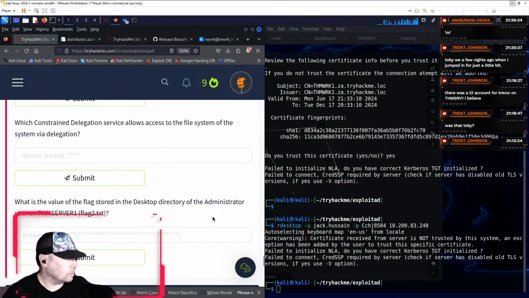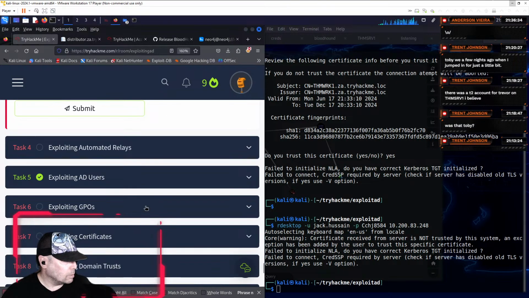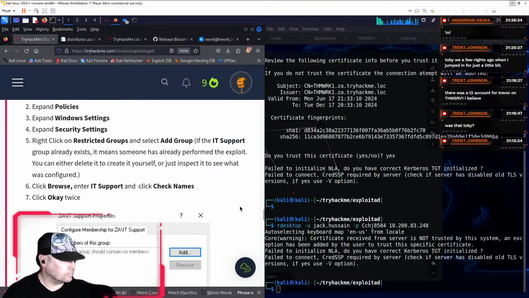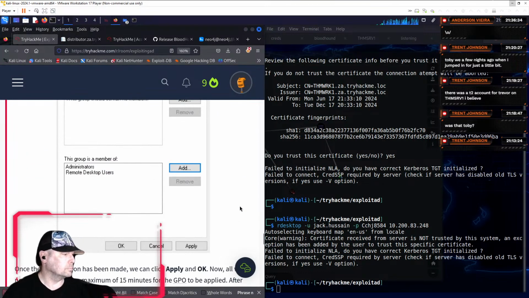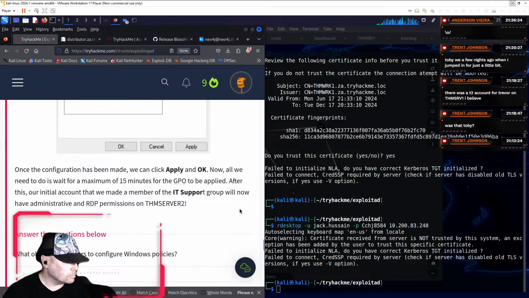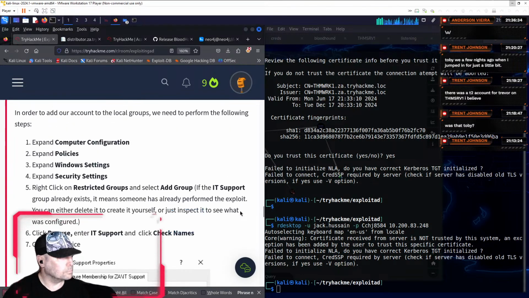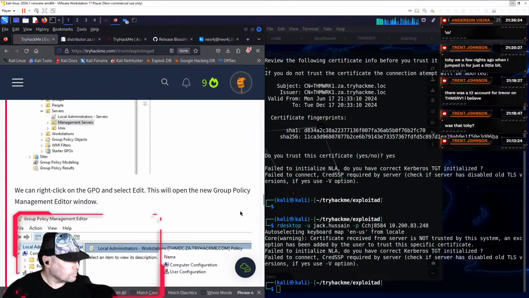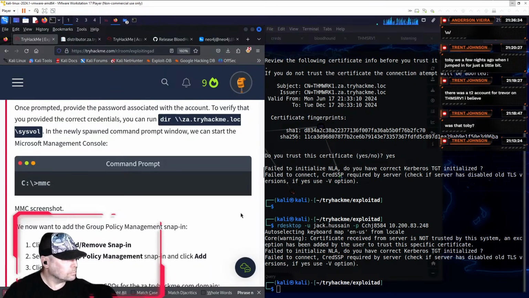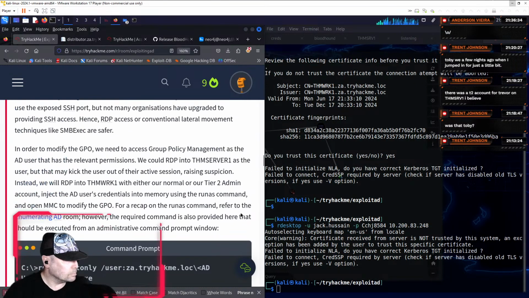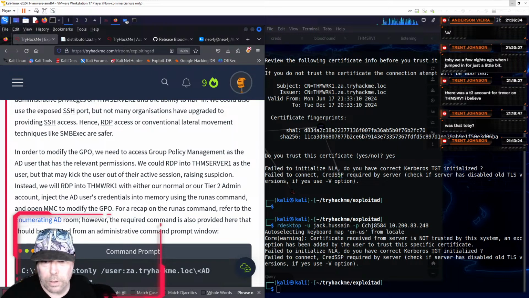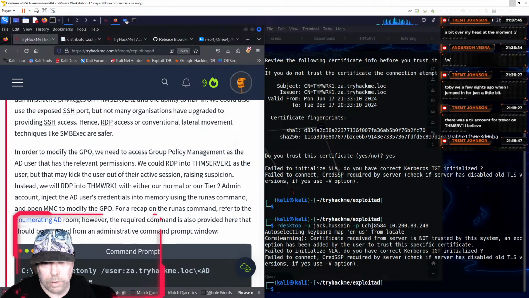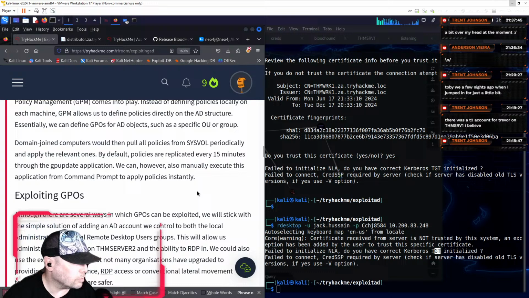Any thoughts? Yeah, it kind of feels like we need to have the TGT from this previous task. That's how I'm reading it.